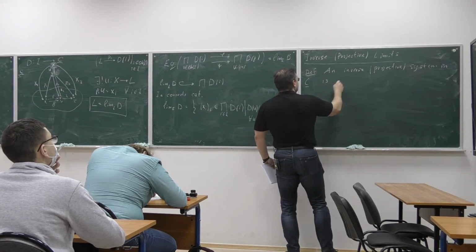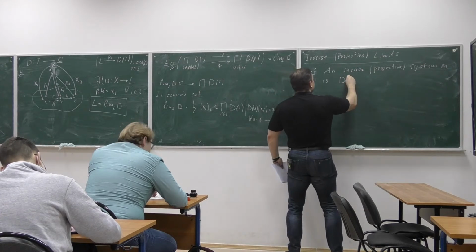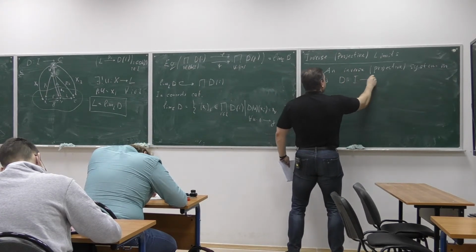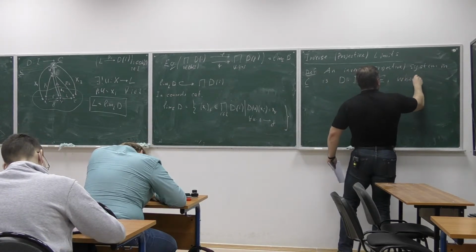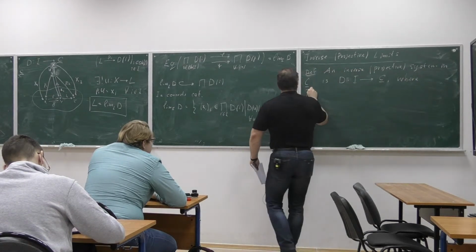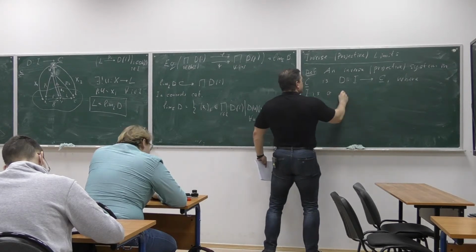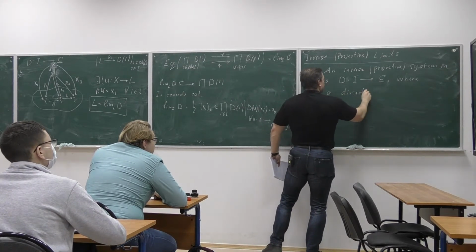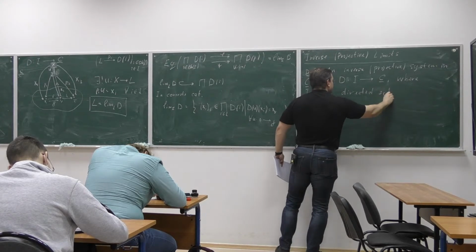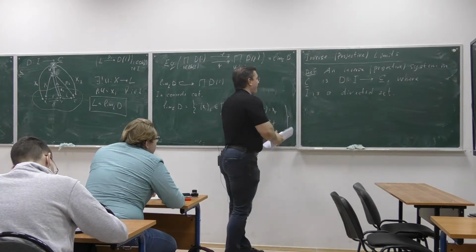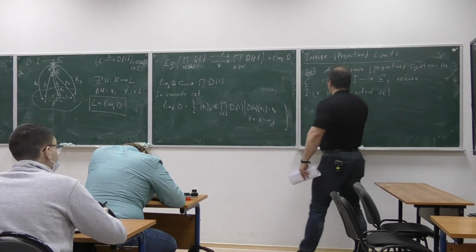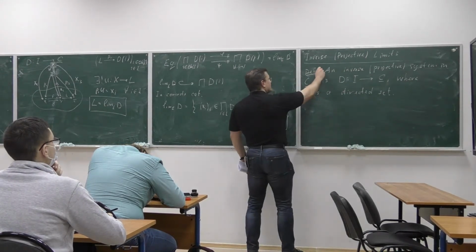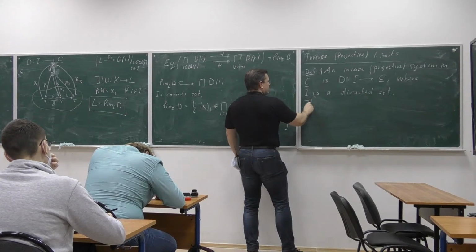This is a functor D from I to C, where I is a directed set. Okay, let's continue the definition. So let's say this is one, and the second part of the definition: